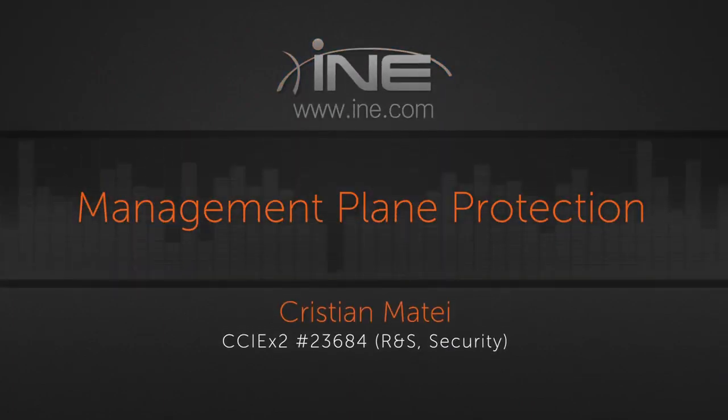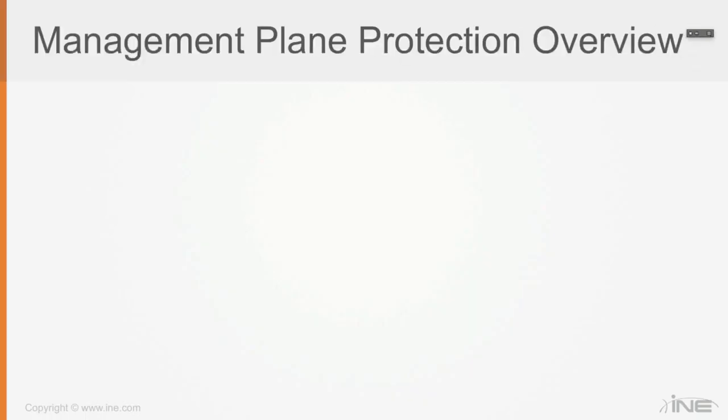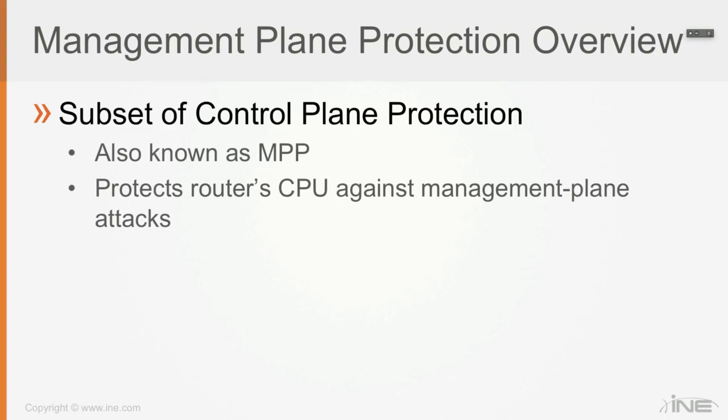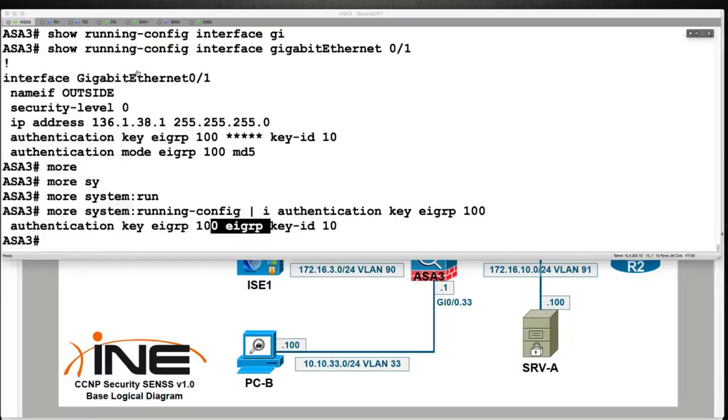Okay, next we speak about another feature which is called management plane protection. It's going to be a subset of control plane protection. It's also known as MPP, for management plane protection. What this is aimed to do is to protect the router CPU against management plane level attacks. How does it do that? It's going to control on which interfaces a router can accept management traffic and what type of management traffic the router can accept. Like, for example, what this means,